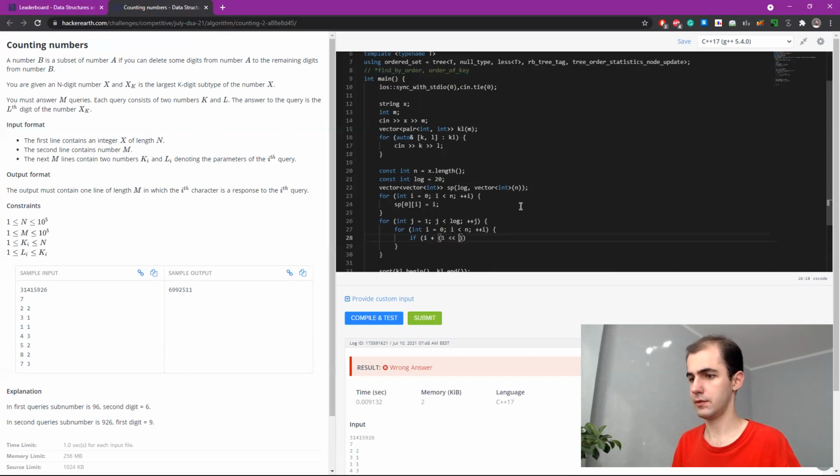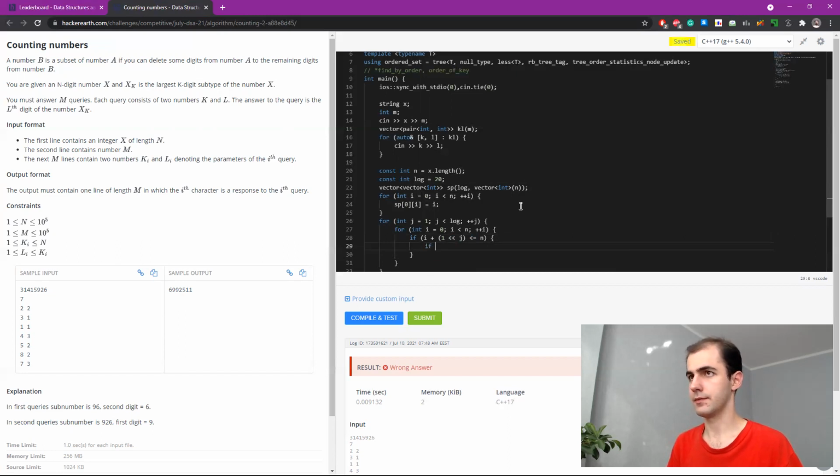I plus 1 over j is less than n. I is the first included index, so this is the first excluded index, and therefore I believe that we can do that.